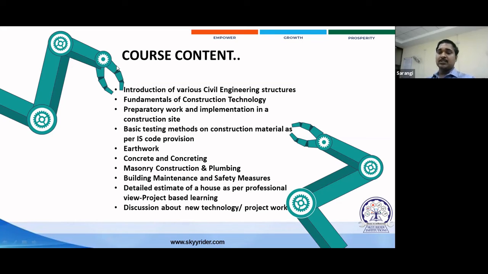In earthwork, what are the different types of soil parameters, how the foundation will generally be constructed by using man-made methods or masonry works, the concrete and the concreting. As concrete is the second largest consumption material after water in the construction field, in which way the concrete will be prepared, what are the basic properties, how we can achieve good workability in the construction field. In the masonry of the construction work, that is the wall masonry work, and